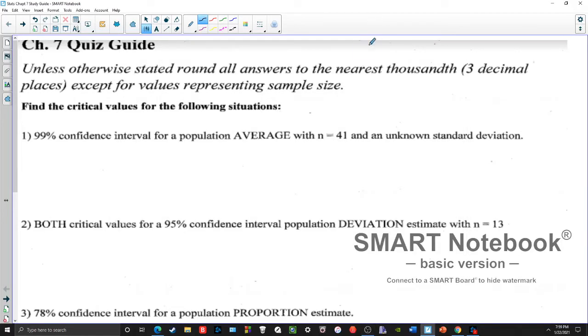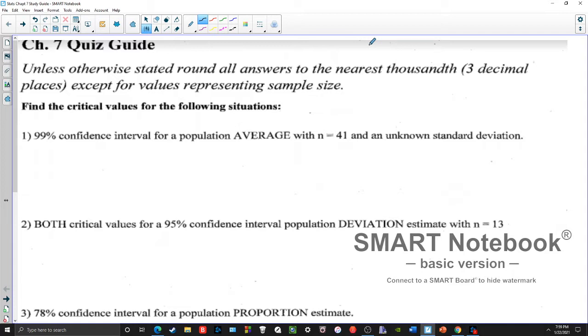All right, so this is going to be the recording for Chapter 7's Stats Study Guide. And so this is going to be on making confidence intervals for both estimating a population percentage or proportion, a deviation, or a mean. So the first few questions here on the study guide are simply asking you to find